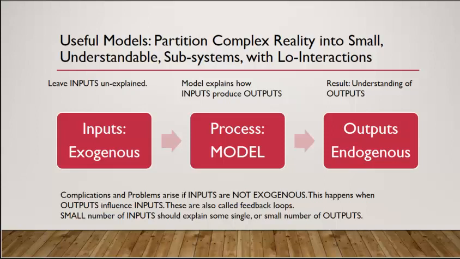So useful models basically partition a very complex reality into small subsystems which can be understood. And then we try to understand different pieces of the system and then try to patch together our understanding. So basically we have to find and isolate a small subsystem which can be understood. So the way that this is done, and we will study this specifically in concrete detail later on, is that